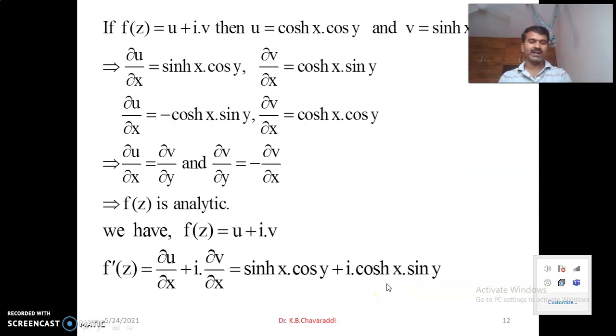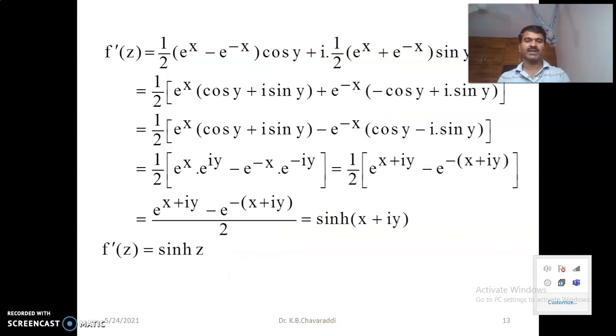Take u and v, differentiate them with respect to x and y respectively, and compare: ux equal to vy and uy equal to minus vx. Then the given function is analytic. Now we should find the derivative ux plus ivx. Replace ux and vx in that derivative, and replacing